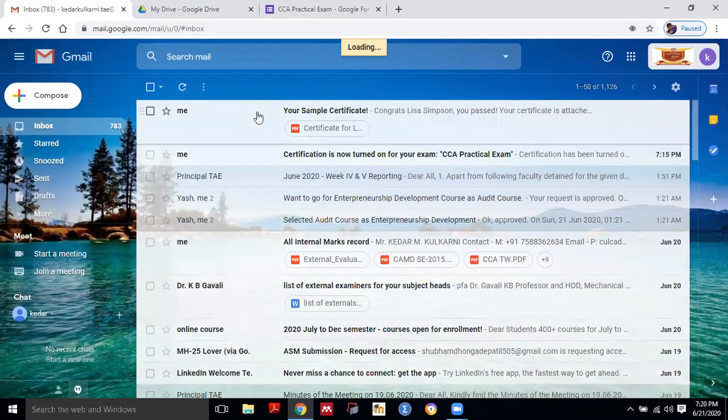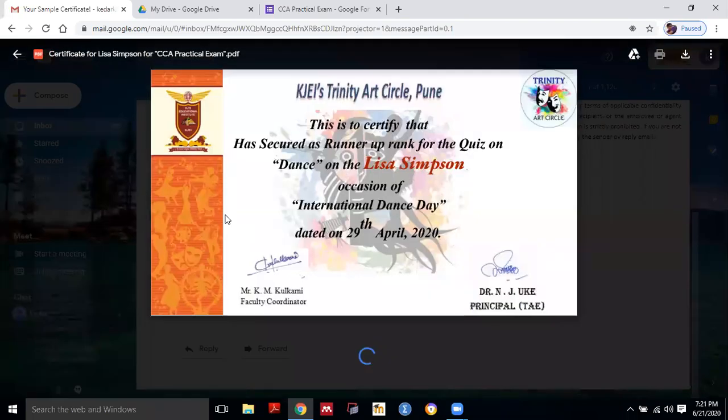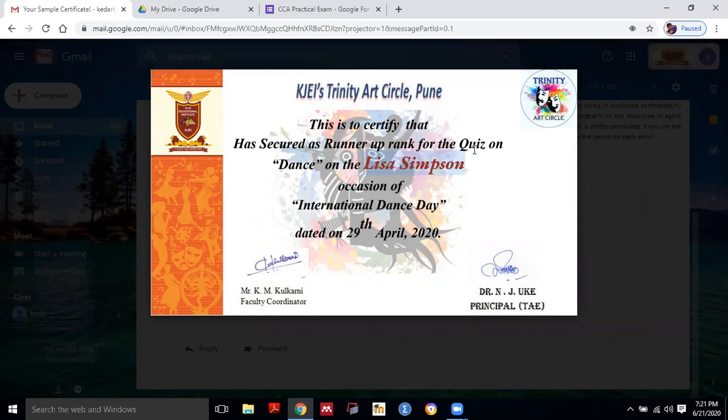So here my sample certificate. Now it is showing the name of Lisa Simpson. Remember there I have typed full name. Instead of Lisa Simpson I have typed their full name. So it is showing now Lisa Simpson which is there standard name. Whenever your student or any staff which is entering your quiz, which is submitting your quiz, that particular staff name will be visible instead of Lisa Simpson name. You can make changes automatically.